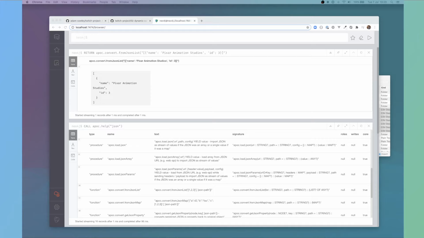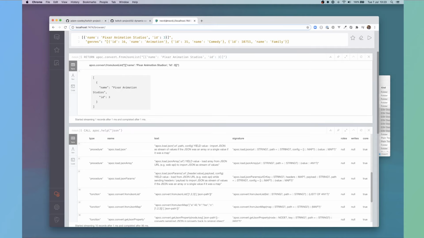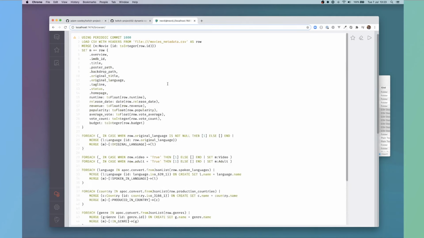So if we take the query that I loaded earlier on, it's quite a long query, so we'll unpack it. Essentially, this is taking the movies metadata file and assigning every line in that to be a row, and I'm using a periodic commit.